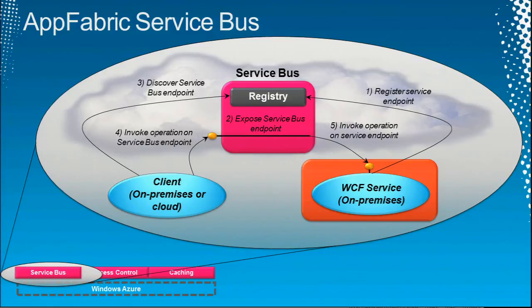Great. Obvious question. How does this solve the problem? In particular, how does step 5 work? Here's the answer. When the service in step 1 registers its endpoint with Service Bus, it opens a TCP connection to Service Bus running in the cloud, and it leaves that connection open. When step 5 happens, the firewall sees that request as inbound traffic on an outbound TCP connection. It's already open. The firewall says, fine, no problem, and passes it through. That's how it works.